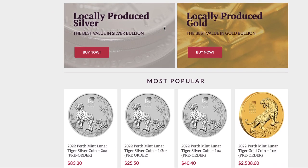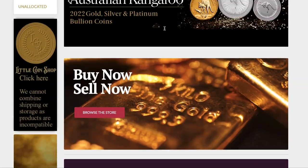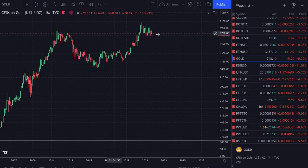This is another precious metals price analysis where we take a look at the big four: gold, silver, platinum and